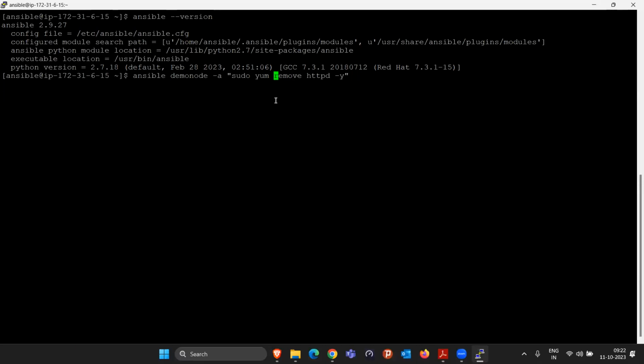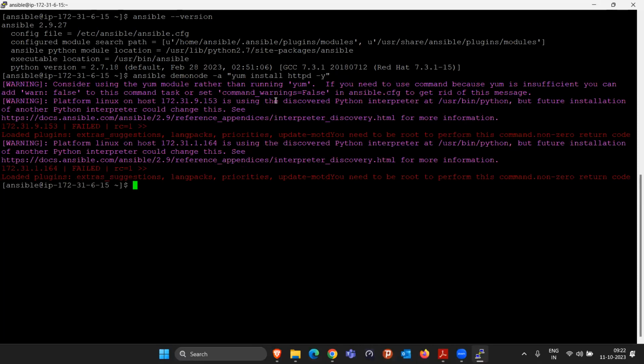So now again, if I want to install the software, I'll be typing the command here, install. But I said that if I do not write the sudo, the installation is not going to happen. If I write the sudo, then only this command is going to run. If I don't write it, it is not going to work. But if somebody is not comfortable writing the sudo in the command,